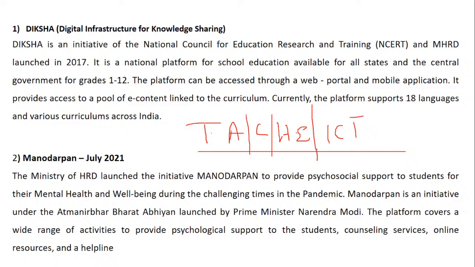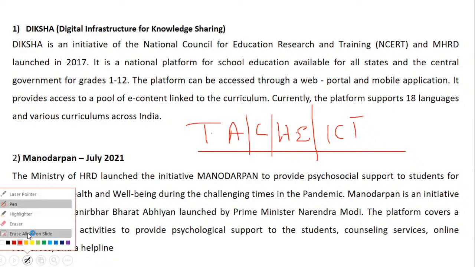So don't take tension in ICT, current affairs anyways. I said that when I'm taking MCQs, I will initiate 5 current affair questions also, so you will be able to learn that also. But don't take an extra burden now, so many initiatives we have to do. In these 4 units, whatever you club, it is all together. Okay, so let's start with the first one, that is Diksha.